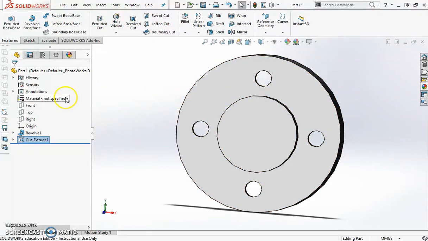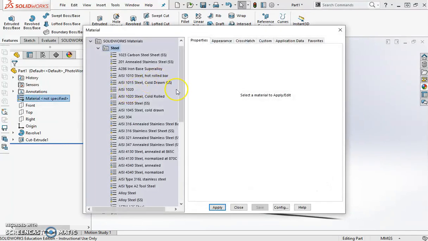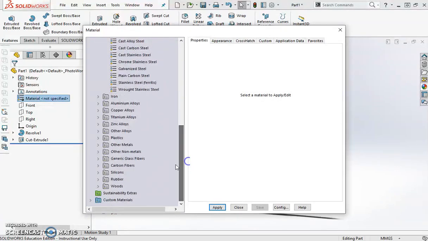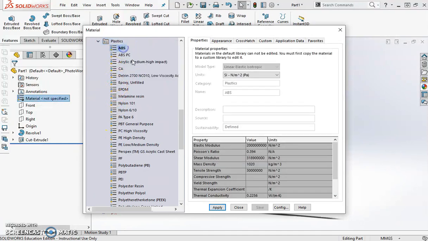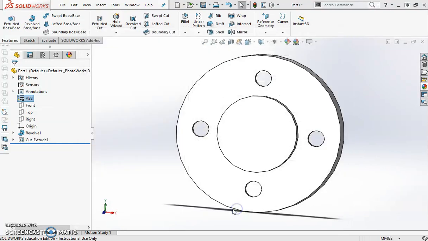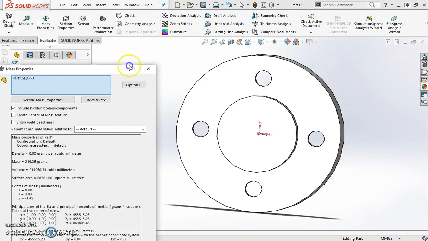Our material here is ABS, which is a plastic. So we don't want ABS PC. We actually want to go into the folder, and we want to scroll down, find the plastics folder, and inside here we want normal ABS. ABS is a white plastic. So we'll hit Apply and Close, go to Evaluate, Mass Properties, and we should get